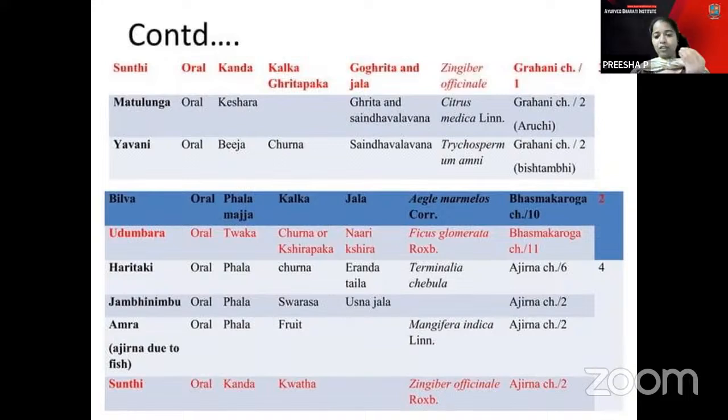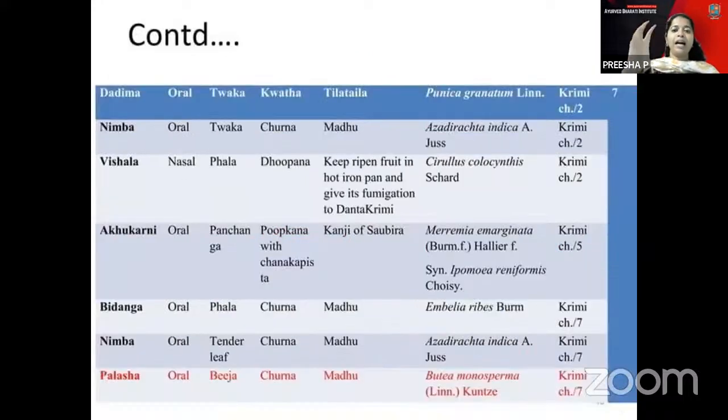Then the Shunti, in cases of Ajirna condition. Of course you are very familiar with that, because it is given as a home remedy, always the grandmother's home remedy for Ajirna conditions. So here also the Shunti Kwata. Sometimes Shunti Swarasa is given, but instead you can advise the people that the Shunti Kwata is important for the Ajirna conditions. And you have the Nimba for the Krimi and the Vishala for the Krimi.